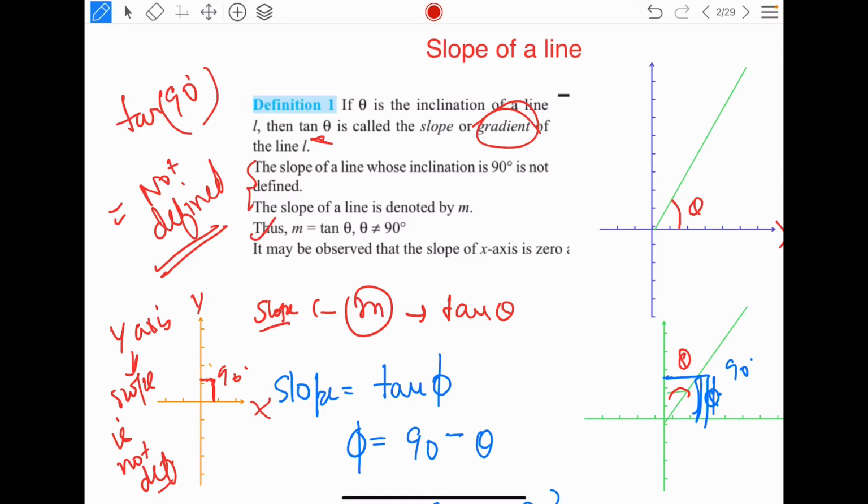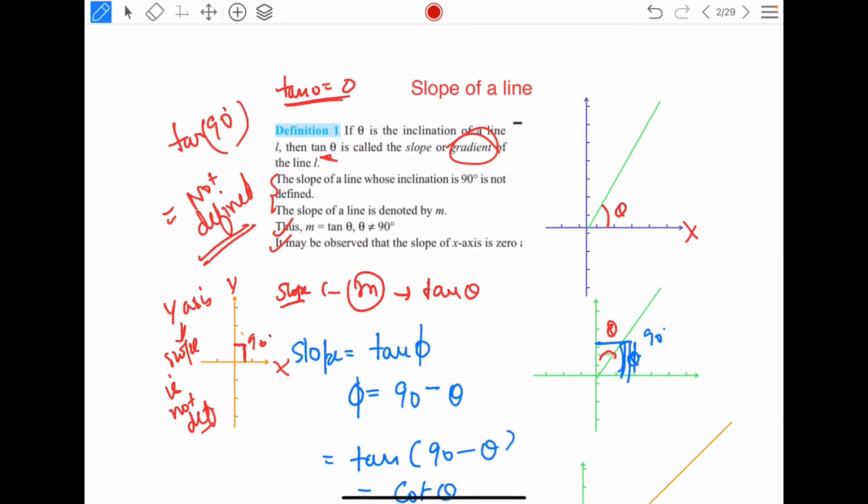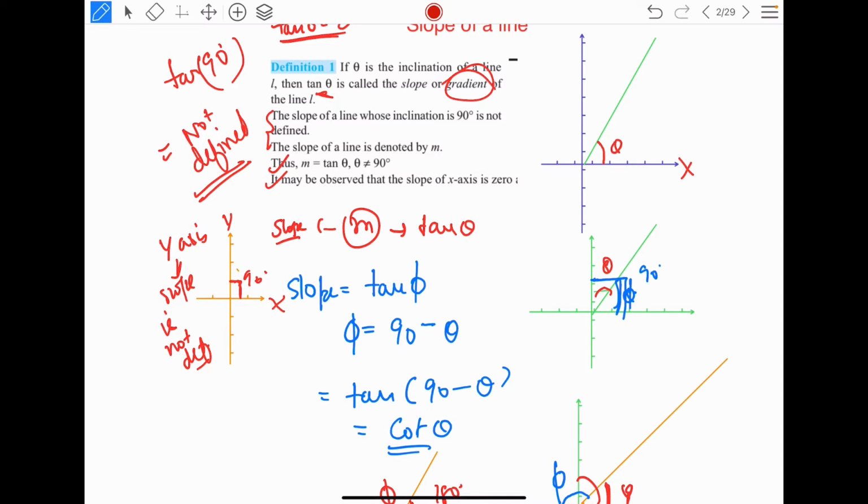Slope is tan theta. Now the slope of the x-axis is 0. Again, same understanding. What angle will a line make with itself? 0. The x-axis will make a 0 degree angle with the x-axis, and tan 0 is 0. So the slope of the x-axis is 0. So the simple logic behind this is we have to take the angle between that line and the positive x-axis, no matter what kind of line it is, no matter if it is the x-axis itself or the y-axis. That's how you will find it.